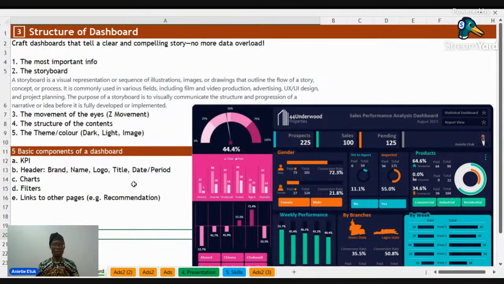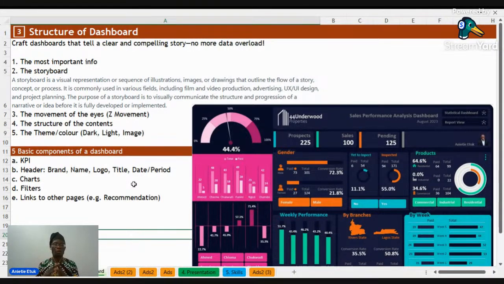Now, when designing dashboards, there are some things I have seen, and I want to talk about two things in this particular instance. One, how you can structure your dashboard. One of the things you must be conscious of is, what is the most important information in my dashboard? Just one. No matter the dashboard you design, there is one information that is most important. That information must be clear. It's like the climax of a movie. Do you get that? Information must be very clear and is always on top. And I'll tell us why when we discuss further.